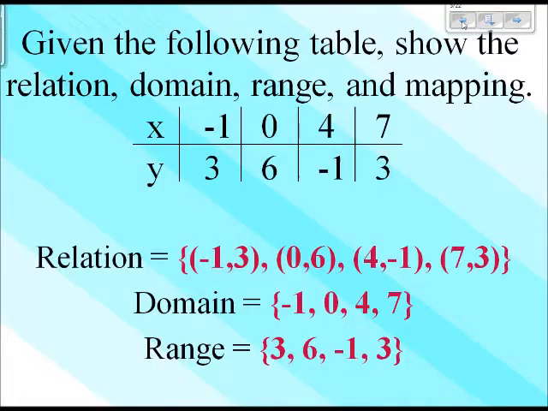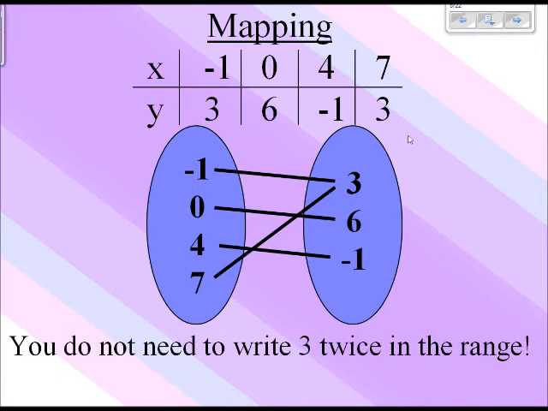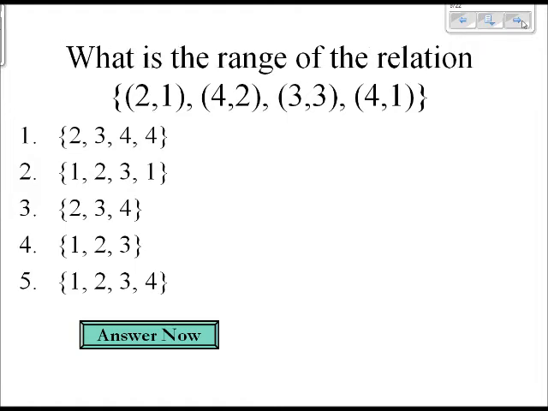Let me go back here. I'll go back there quick so you can pause it if you didn't get that. Okay. And moving on. We don't need to write the 3 twice here in this mapping, okay? Just a little FYI. So what is the domain of this relation? You should be able to give me that answer pretty quickly. And I get, it is 3. So again, I don't need to write that 4 twice. Got it? The range of the following function,